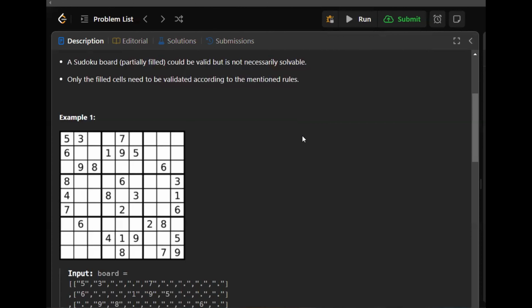Now, suppose in the first example, let's see. For each row, all of the elements are unique. Suppose in the first row, the elements are 5, 3, 7. In the second row, the elements are 6, 1, 9, 5, and so on. Similarly, for each column, all of the elements are unique. For the first column, the elements are 5, 6, 8, 4, and 7. And for the second column, the elements are 3, 9, 6, and so on. So here we can see that for all of the columns,